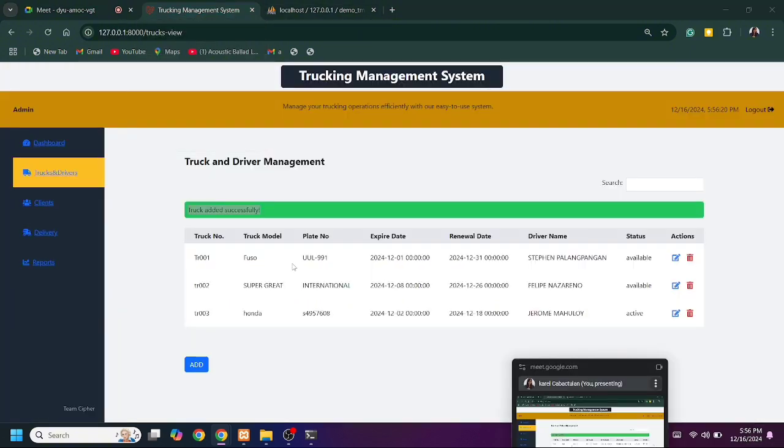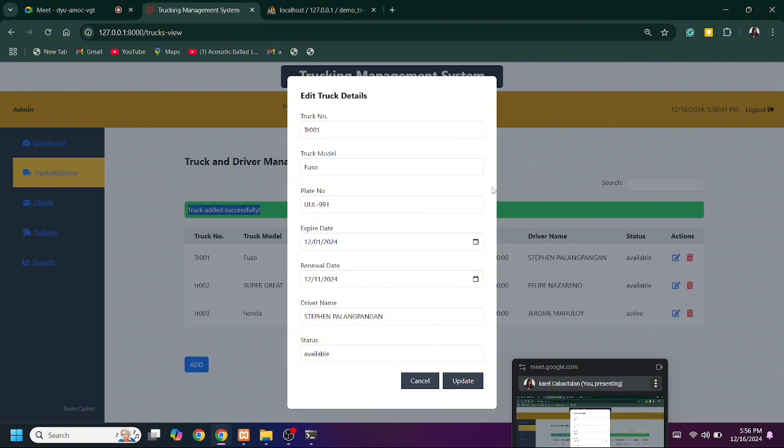Next is the edit or update functionality. We created here an action for our edit as well as for the delete function. If you click this edit icon, it will pop up the truck details, which are editable.